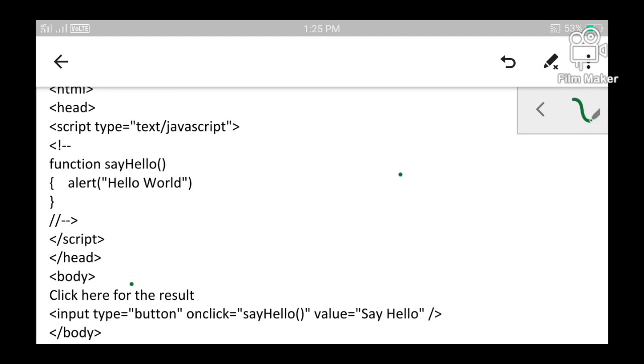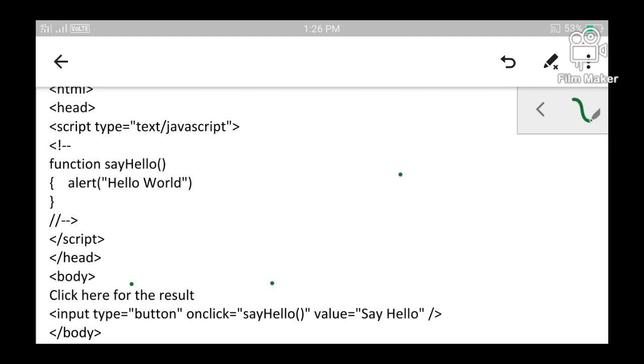When this particular web page is loaded, everything inside the body will get executed. I repeat, when this web page is loaded within the browser, whatever is written within the body section will get executed.